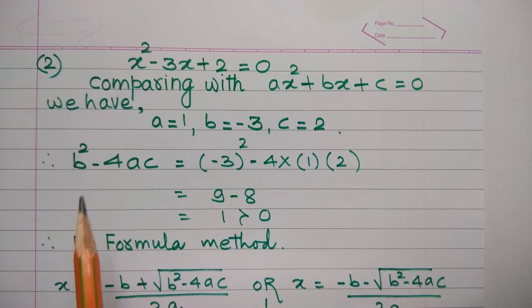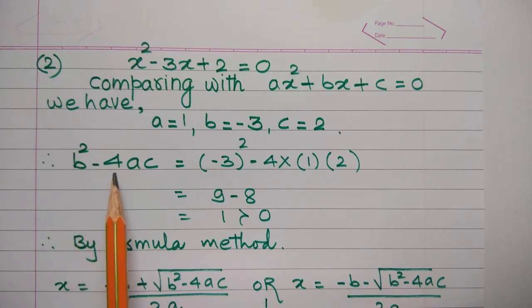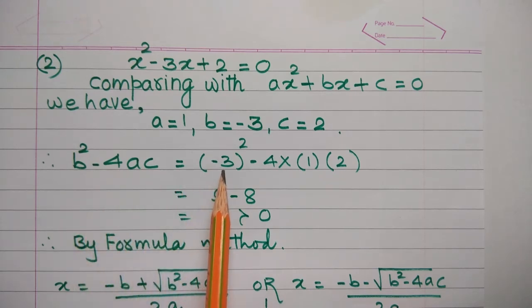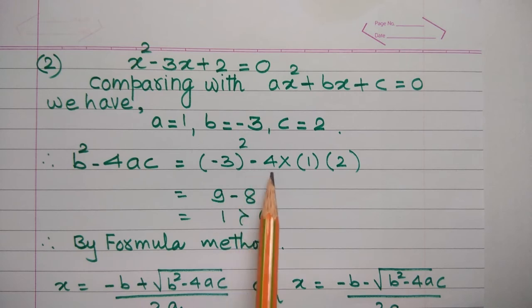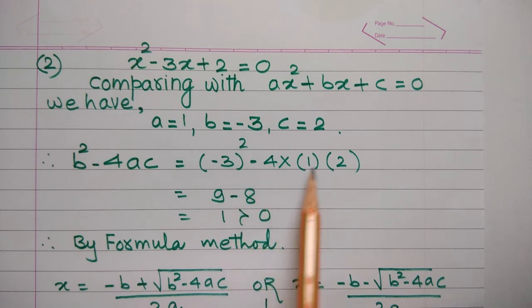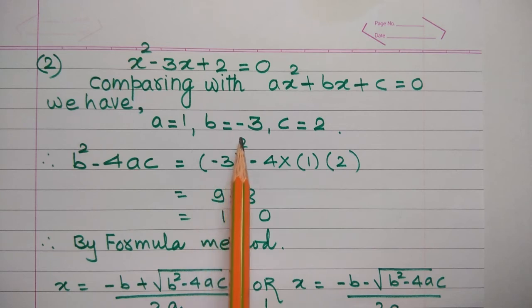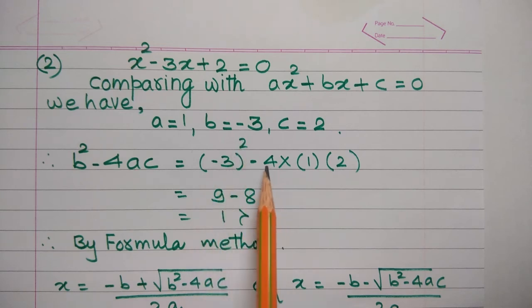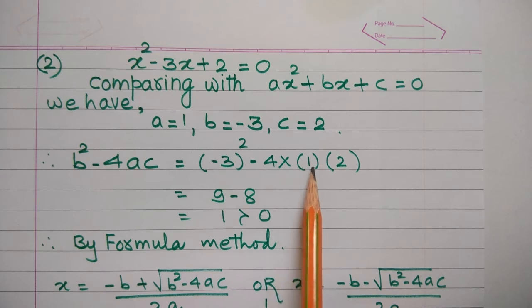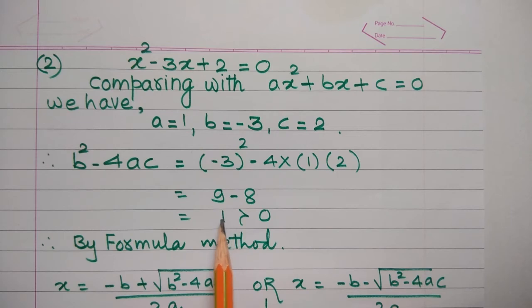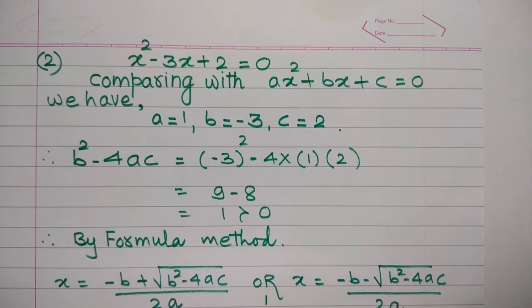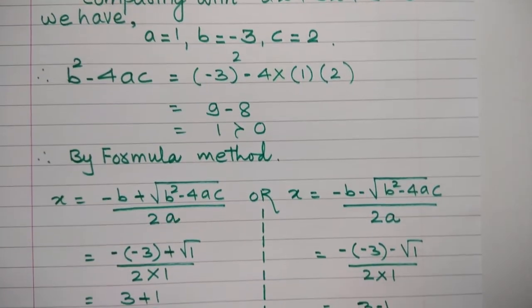Therefore, first of all find the value of b square minus 4ac. It will be minus 3 whole square minus 4 into a is 1 into c as 2. Square of minus 3 will be 9 and this will be 4 1s are 4, 4 2s are 8, minus 8. 9 minus 8 is equal to 1. Once again 1 is greater than 0. Therefore, by formula method,